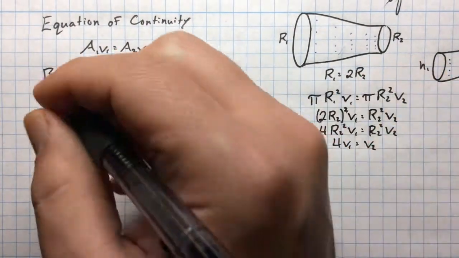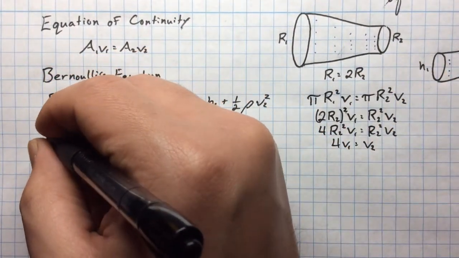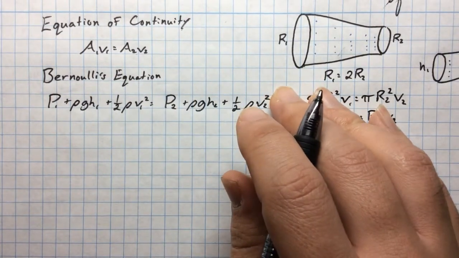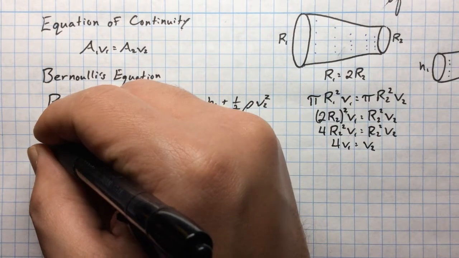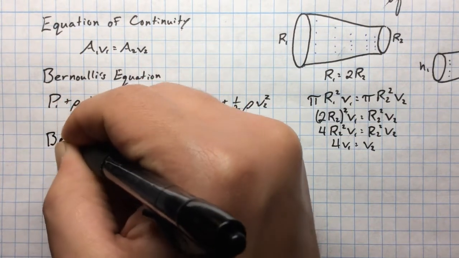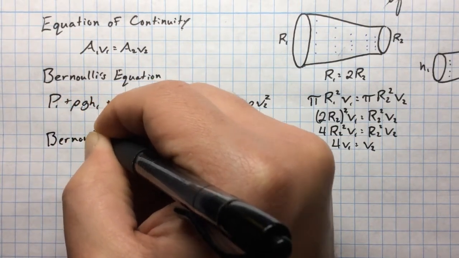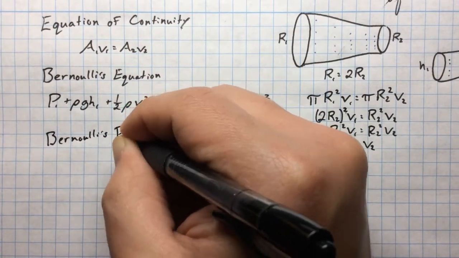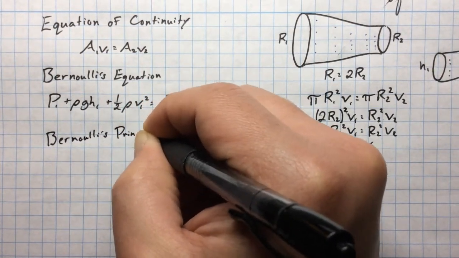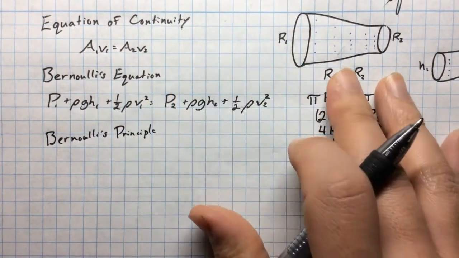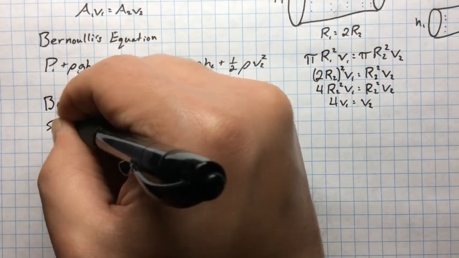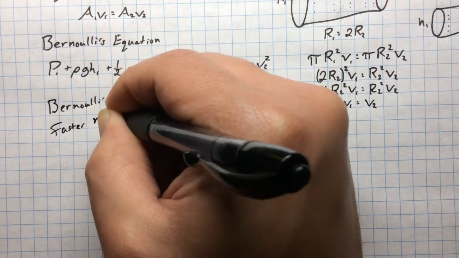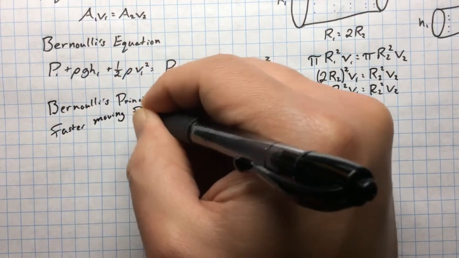There's one more thing that is going to be Bernoulli's principle, or Bernoulli's law. I'm not sure if it's the law, I should really check on that. But Bernoulli's principle, which says, let me write it out. Bernoulli's, I'm going to say principle, not principal, but principle. And it says faster moving fluid